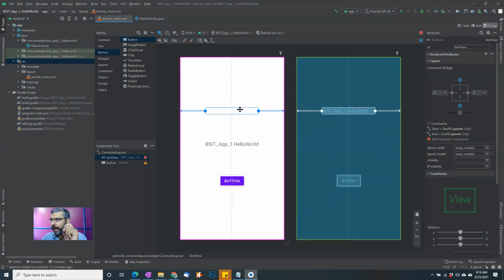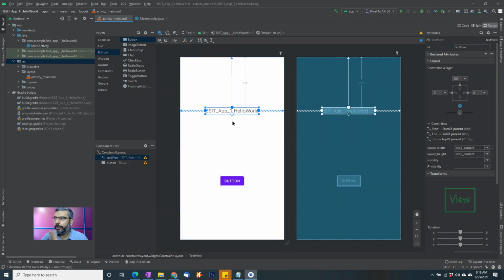So let me just move it upwards a little bit and click on this blue button. Once I click on it, it will also do the automatic constraint. So you can drag and drop, or you can click on these blue buttons. It will use its current location, 201 pixels from its top. It entered that value here, that this component needs to be 201 pixels from its top. So it is also now vertically constrained. So you need to provide at least one constraint when you're working with this thing.